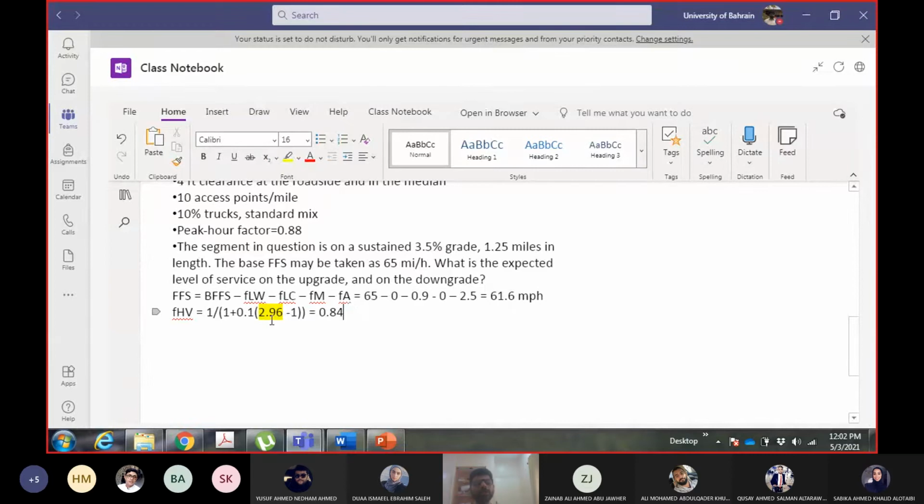So you know, for downward condition, this value will change, and the analysis which will come after this will also change, right? Because everything after this value depends upon FHV. So when you put a different value in the equation of FHV, everything else will change as well. Everything coming afterwards will also change. Okay, so FHV will change, VP will change, and so on.